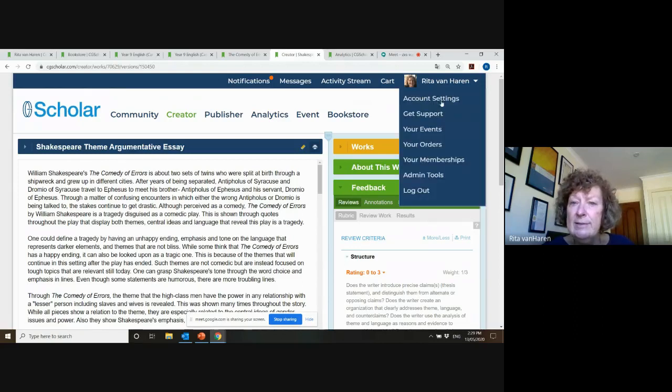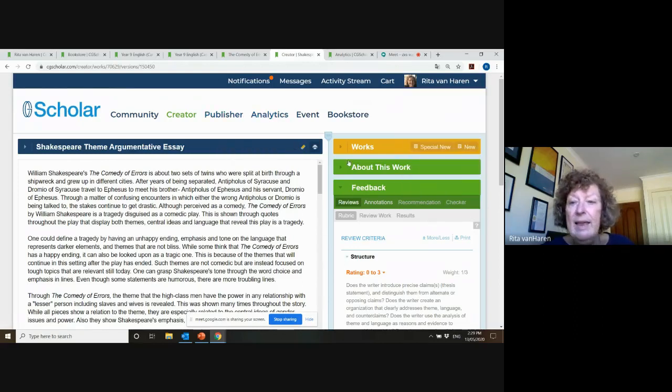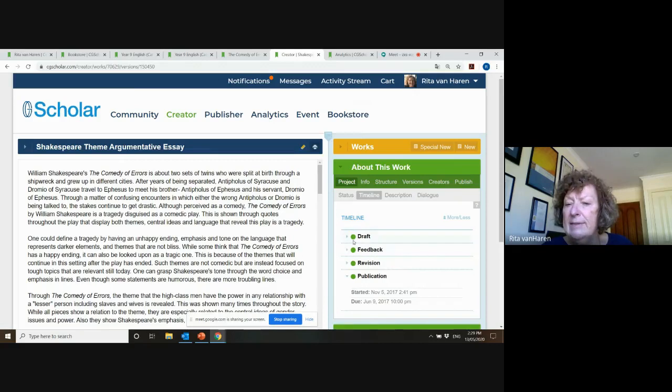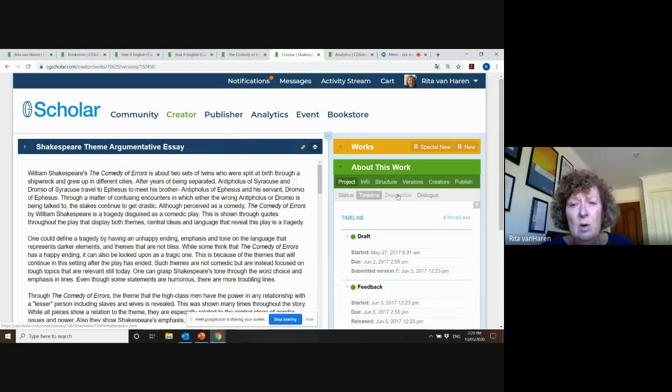So when a student starts a work in Creator, they get a notification, they accept it, it takes them into Creator, and immediately they go to About This Work. You can see, because this was 3 years ago, that Ellie's work was approved for publication, but she can go in and look at what the timeline is, so when the draft was due, when feedback was due. She can look at what the